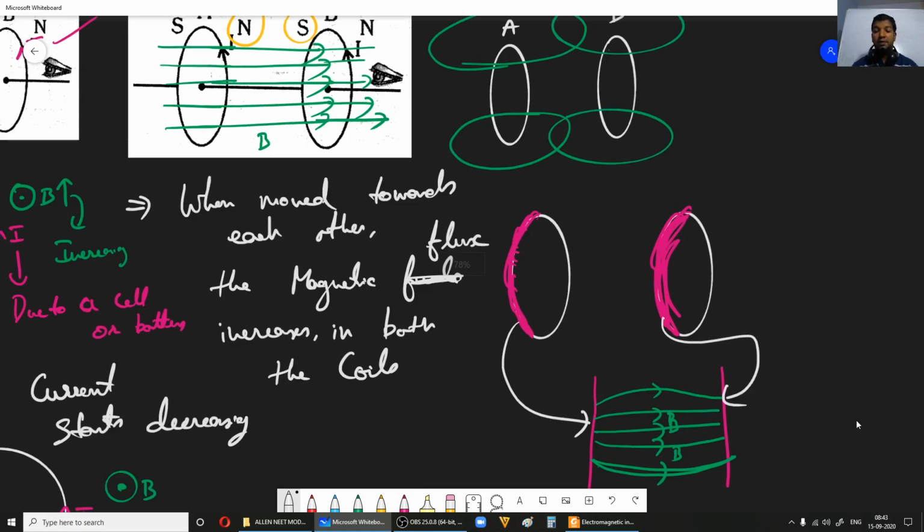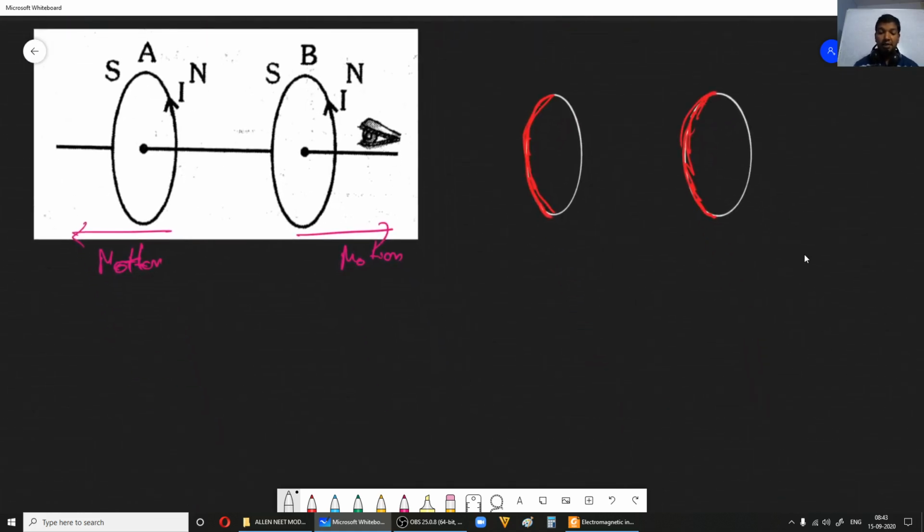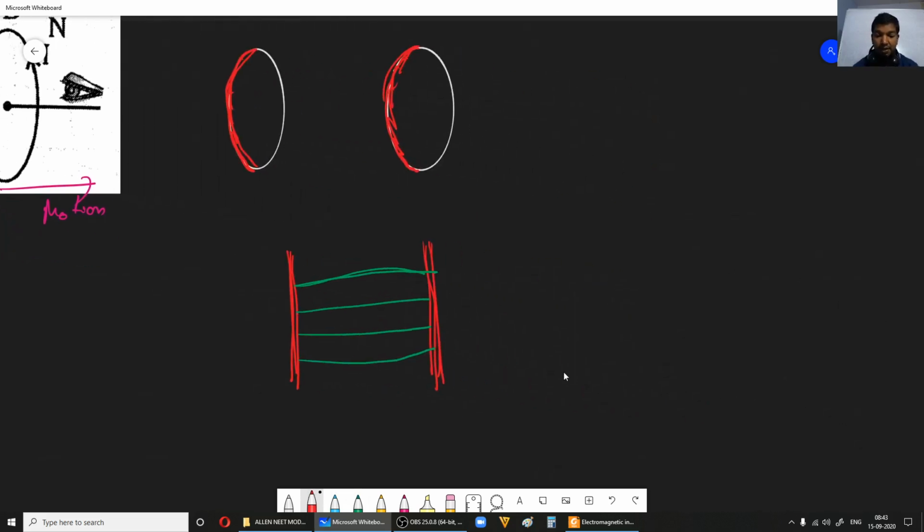Okay, right. Now similarly, what you will observe is that these two edges appear to you this way if the axis is perpendicular to you. Now when they are moving away, what you'll notice is that the magnetic field between them will change from uniform to non-uniform. Once they are far apart, the vector sum of the magnetic field will start looking somewhat like this.